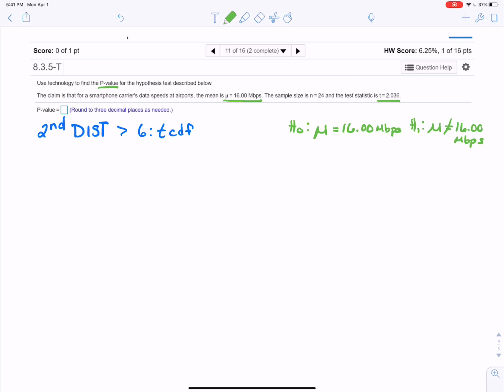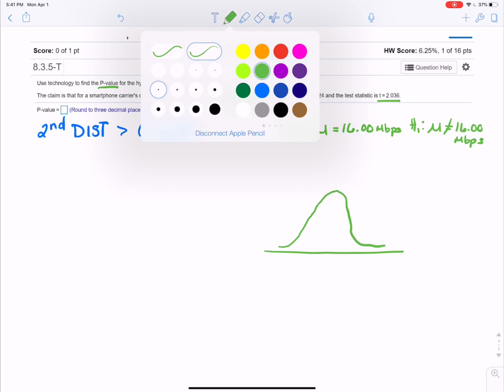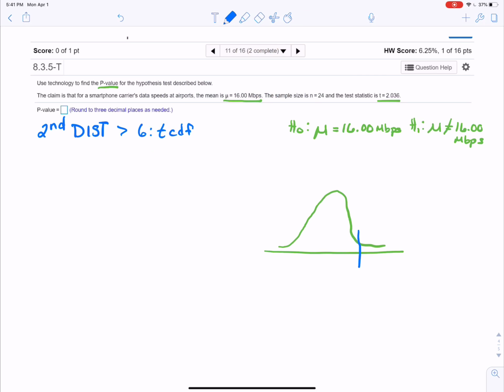2.036. So remember that t distribution looks like our normal distribution, just it's generally a little steeper. So what they're telling us is that we have our test statistic right here of t equals 2.036. But because we have a not equal to, that means that this is a two-tailed test. So we need to find the area over here beyond that 2.036, and then we also need to find the area over here beyond t equals negative